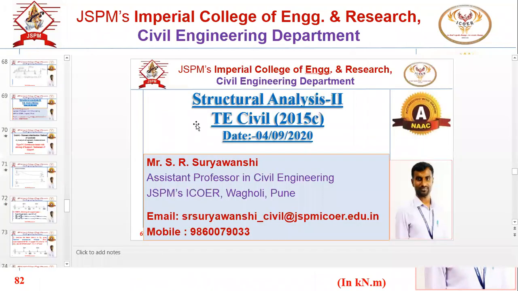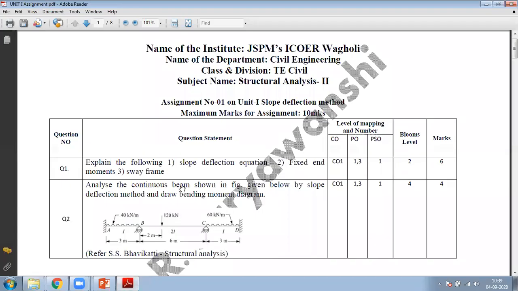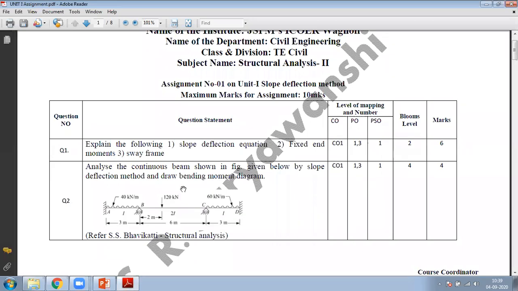For unit number 2 I have provided the assignment, and 15 students have uploaded that assignment. Similarly, for unit number 1 also there is one assignment I will share on the WhatsApp group today. Within 1 week you have to solve it and send it on WhatsApp. You can WhatsApp me or you can email me also. There are 2 questions. First is a short note you have to explain, and second is a simple numerical. Take your time, solve this, make a PDF file.